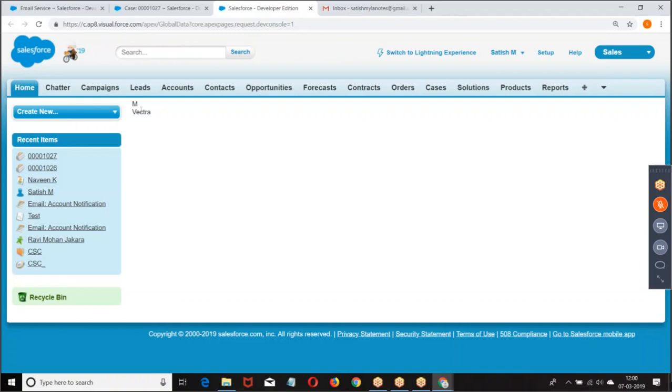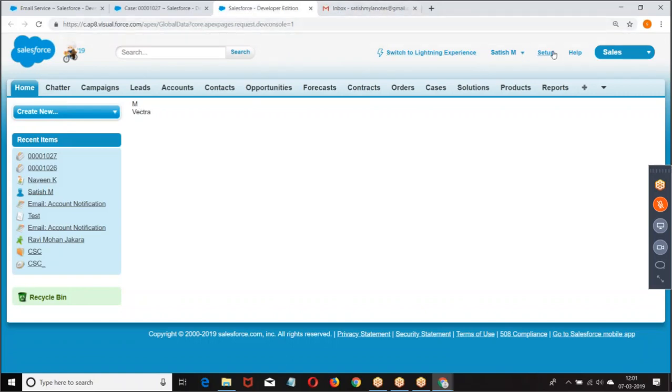Any data that is stored in a custom object has to be fetched by writing a SQL query. Any data that is stored in a custom setting can be fetched without writing a SQL query. Now, how many types of custom settings are there? Two types: one is a list custom setting, another one is a hierarchy custom setting. Again, I repeat, a custom setting is like a custom object where we can store the data, but the data in this custom setting can be fetched without writing a SQL query. Was that clear for everyone?